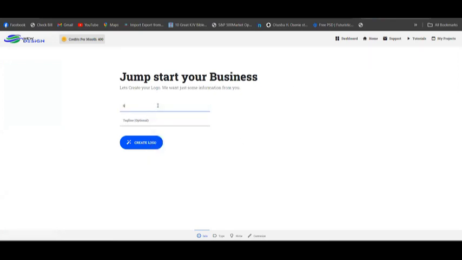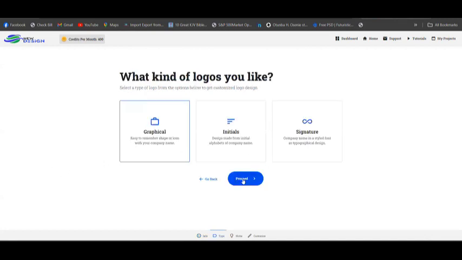So if you want to design a logo now, let's say Mr. Damilare, I'm going to use Mr. Damilare's name. Damilare. Then the option, this is the tagline option, maybe an IT company. You understand? If you cannot see very well, just try to zoom in as I'm typing so that you can see what I am actually doing. Let me put limited, LTD. So, create logo. I actually design it with AI.